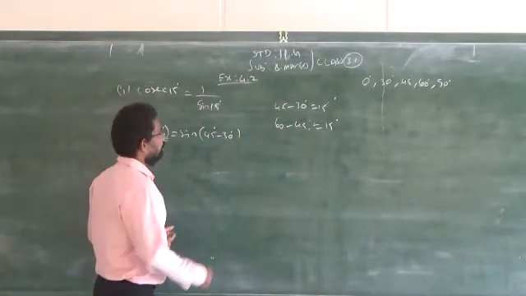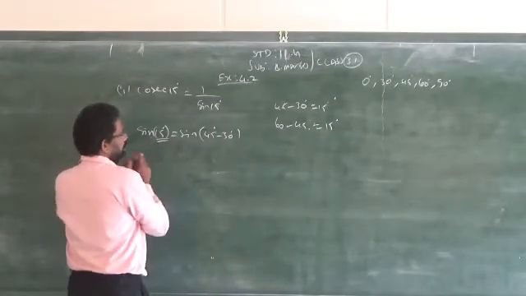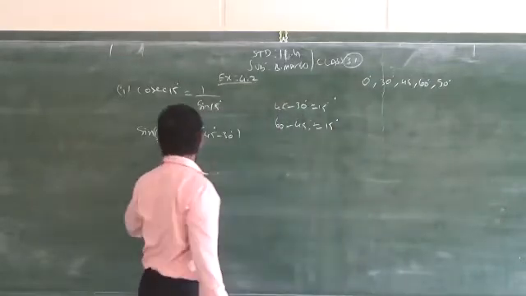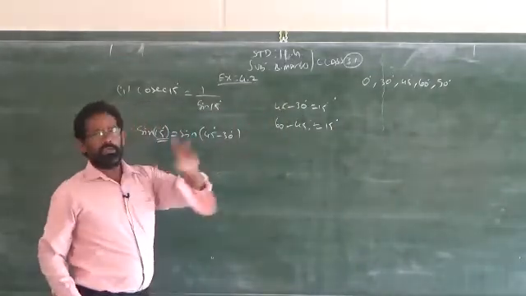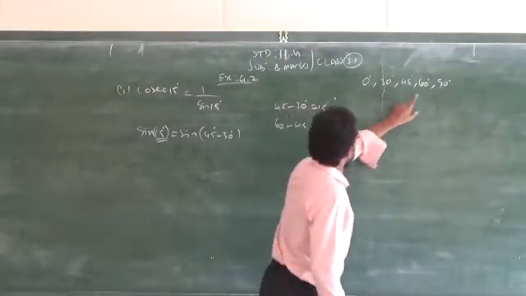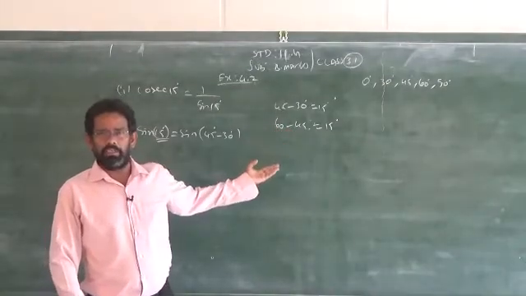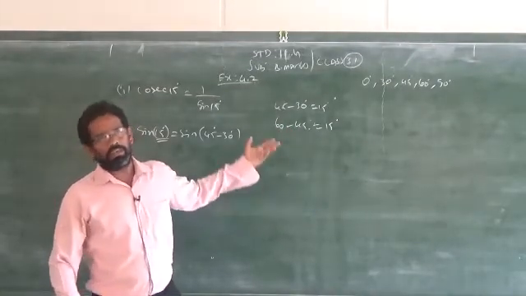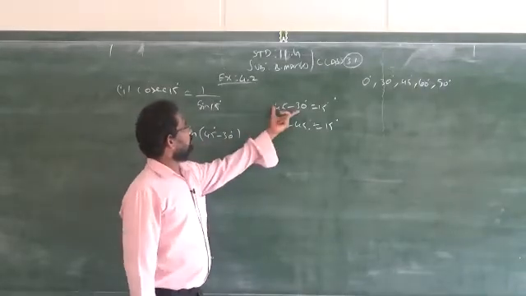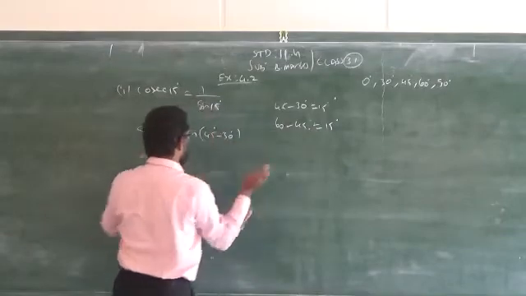Clear? So, under that concept, I have to find out the values of 15 degree. So, I am going to check what are the possibilities of getting 15 degree by taking any two angles. So, 45 and 30 is one possibility, another one is 60 and 45. Do you have any other possibilities to get 15 degree? Not possible, only these two possibilities. So, out of these two you can take any one, either first one or second one, that is your wish. Even if you take the second part, you will get the same answer.